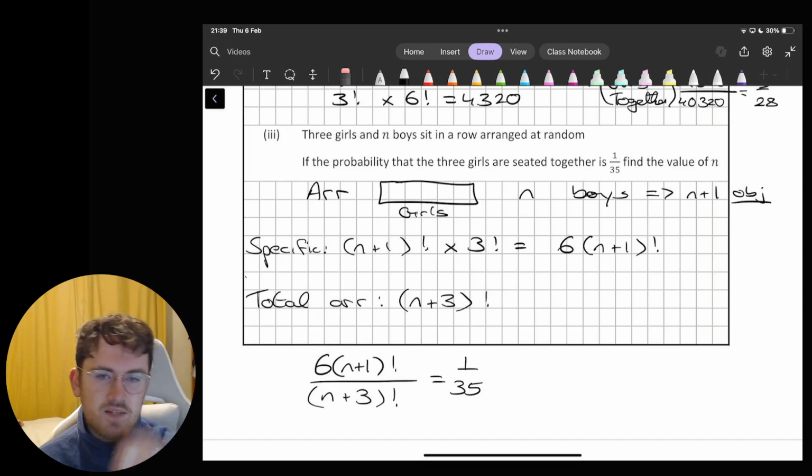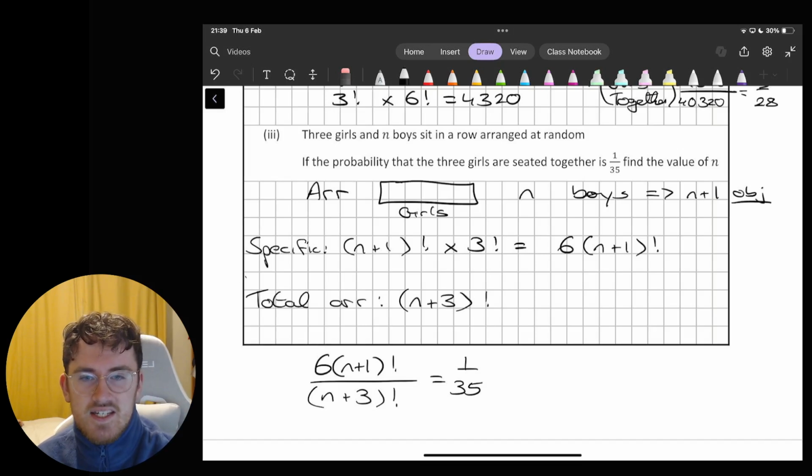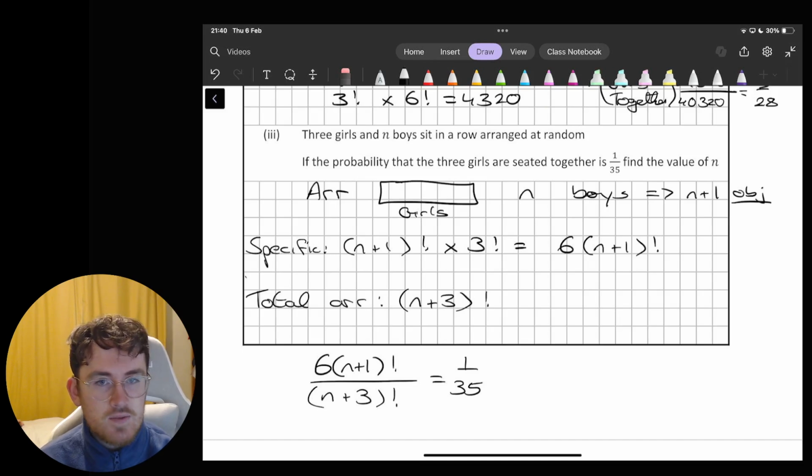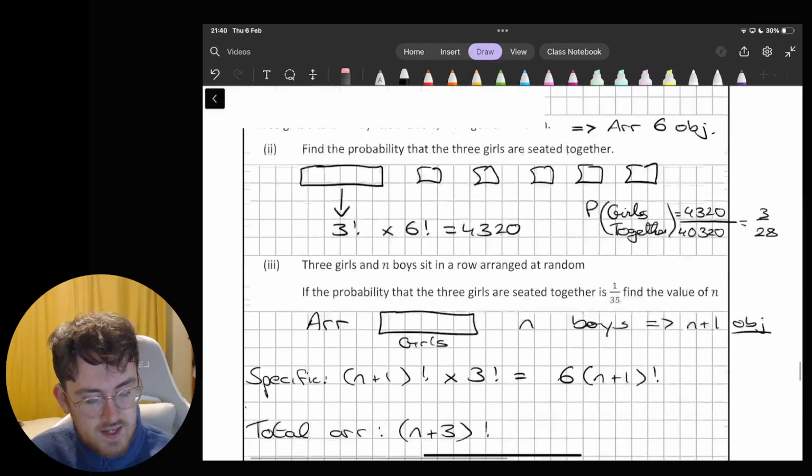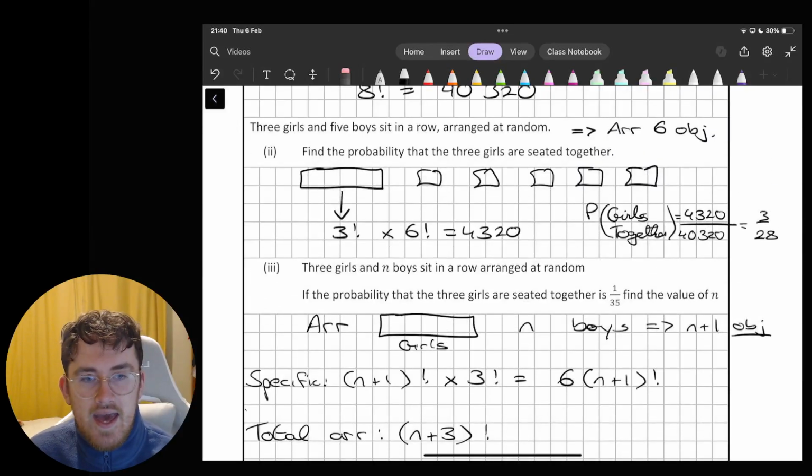So a little bit of work, and you can even see me working my way through it to some extent there as well. Just identify that you're always looking for the total arrangement, irrespective of any restrictions given. I was getting caught up on that restriction on the girls. The total arrangements is irrespective of that. It's just how many people are there and how many ways could I arrange them, and then the restriction gives us the specific arrangement for this question, using the factorial notation again as before.